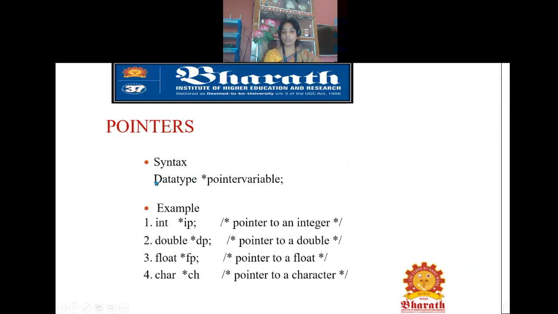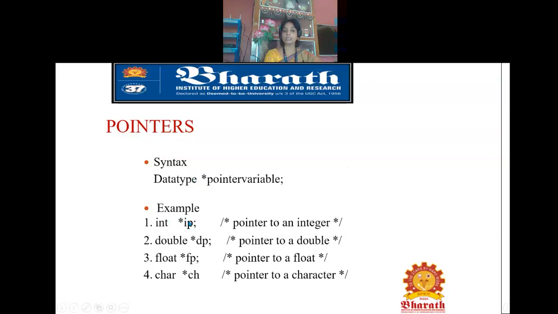So we have to first specify the data type, then the asterisk symbol and the pointer variable name. Example, int star IP. In this case, IP is known as the pointer variable and this asterisk symbol represents that it is going to be a pointer variable, and the data type is what it is going to point to.